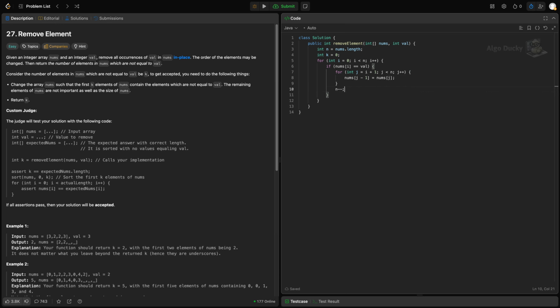After shifting, we reduce the array's effective size, since the last slot is now irrelevant. We also roll back our index by 1 to recheck this spot. It now holds a new value that hasn't been vetted yet. If there's no match, we simply count that value as one to keep and move on. After we've reviewed the whole array, we return the count of kept values, which gives us the size of the